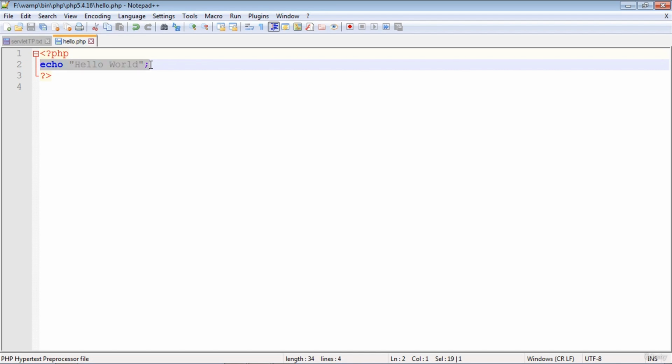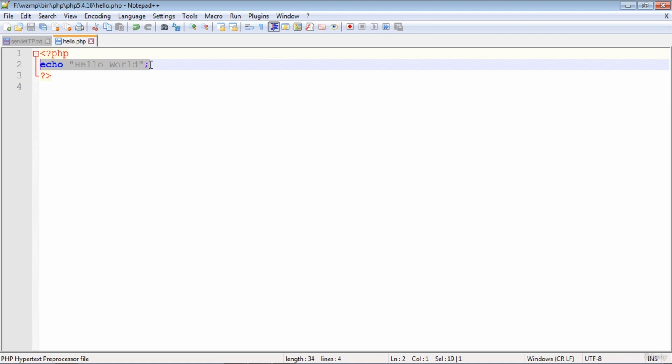Echo and print are the two PHP keywords which are used almost similarly to display the output on whatever output device is in use. Since we are going to execute this code from the command line, our command prompt or console terminal will be our output device, on which you expect this hello world to be printed. So after writing this